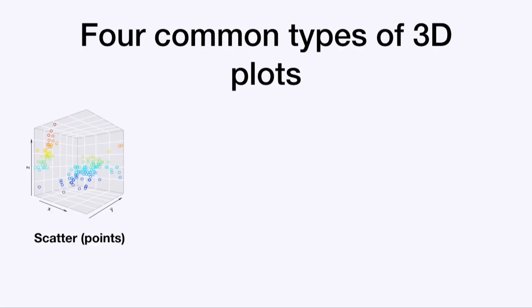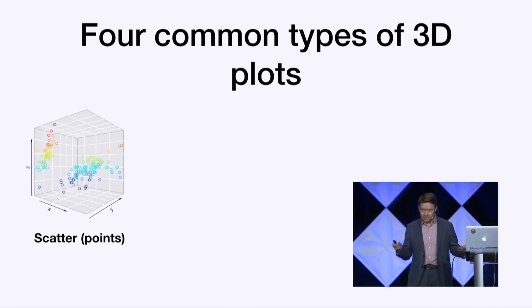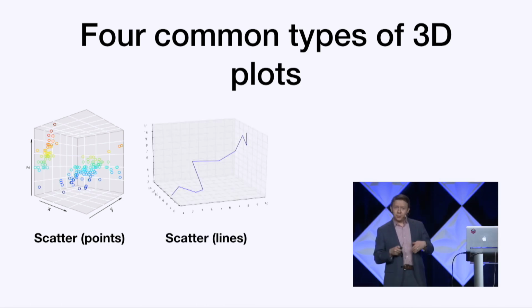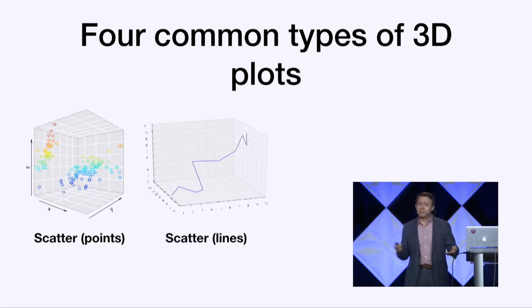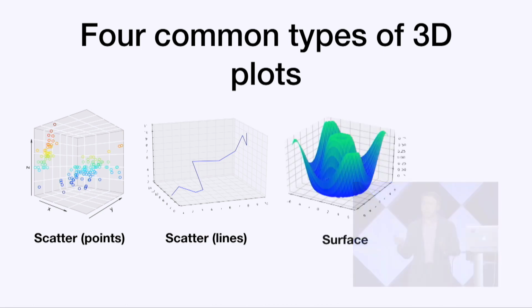First is the 3D scatter plot, which is a bunch of points floating in space. Second is the 3D line plot, which is a bunch of points floating in space connected by lines. Third is the surface plot, which is a contiguous mesh of points representing a solid surface. And finally is the abomination,